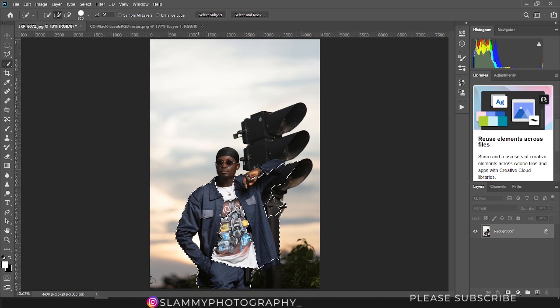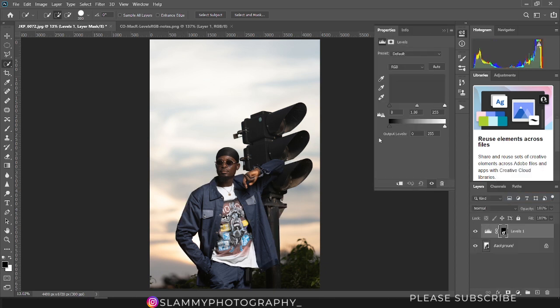But if you select the dress like this, and then you come and create the levels adjustment, you can see that most of the sliders here are very, very similar to the sliders in Capture One. This is the highlight slider, that is the white point, the dark point, and the mid-tone. So you can add brightness to the highlight or the mid-tone, or brightness or contrast by moving the dark point like this,